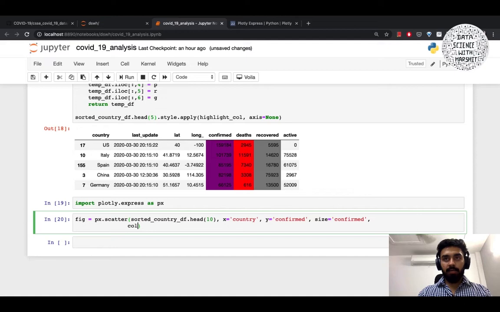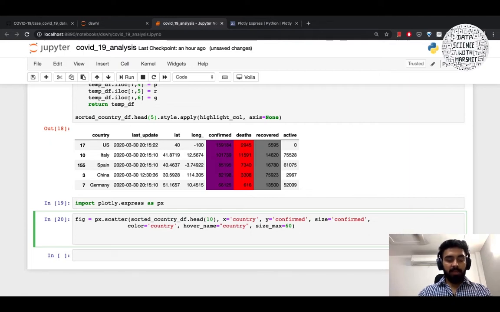Then we can enter color equals country, as the colors that we're going to need, and then in case we want to add some interactions, we can mention the hover name, which uses again the country column. Then you can mention the max size. So size_max is that argument, so we can mention like 60 there. So that is it. And let's run fig.show